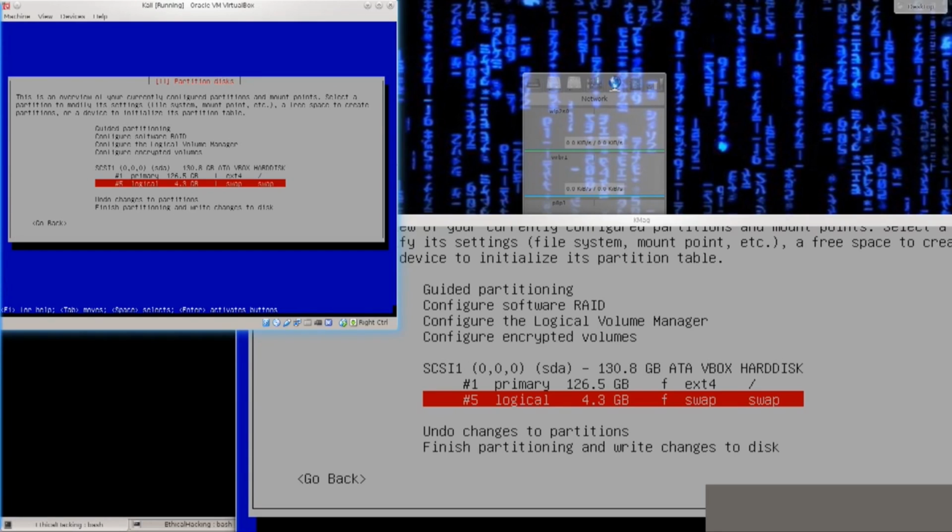Usually swap partitions are configured to double the size of your RAM. My RAM is 8 gigabytes, but here by default the computer has assigned 4 because this is a virtual machine, and if you remember at the beginning I assigned 2 gigabytes of RAM to this virtual machine, so it has just multiplied it by 2. It was just above 2, so I get 4.3